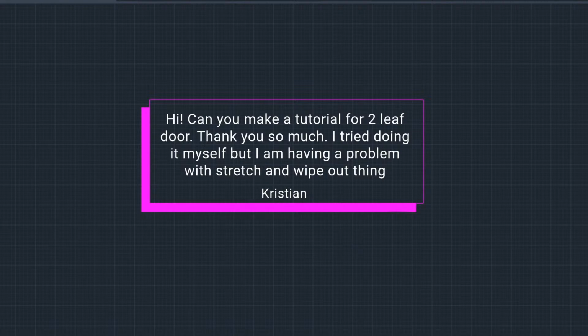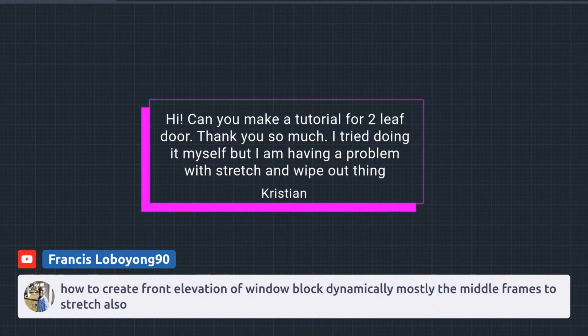But before, I think we have some comments on the chat. Let me read them. And it's our friend Francis. Francis says, how to create a front elevation of window block dynamically, mostly the middle frames to stretch also. Francis, that's such a great question, and let me tell you that we already created that block. So we already did a video about it, and let me see if I can't